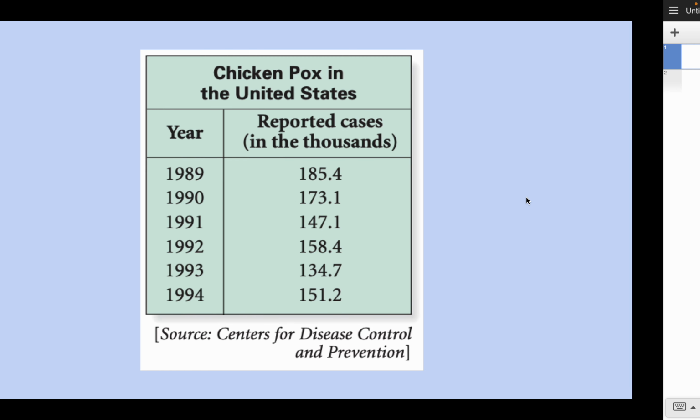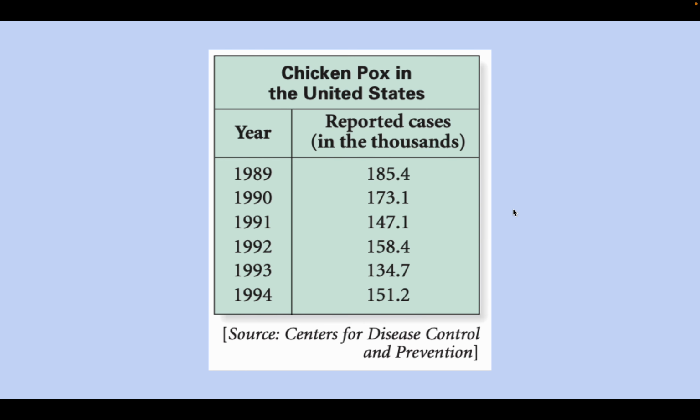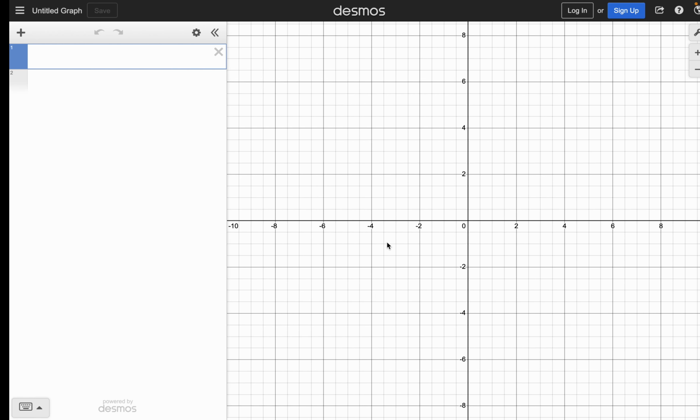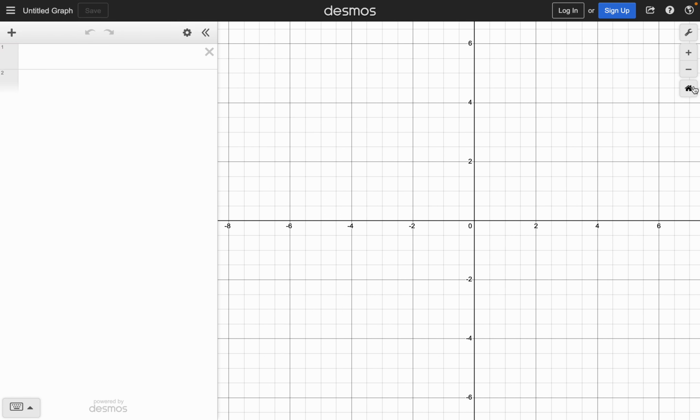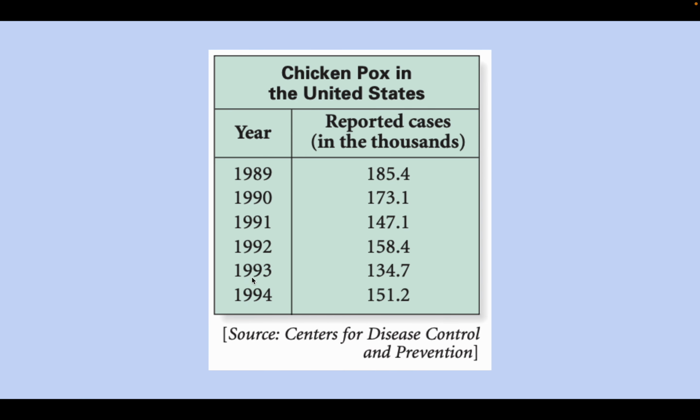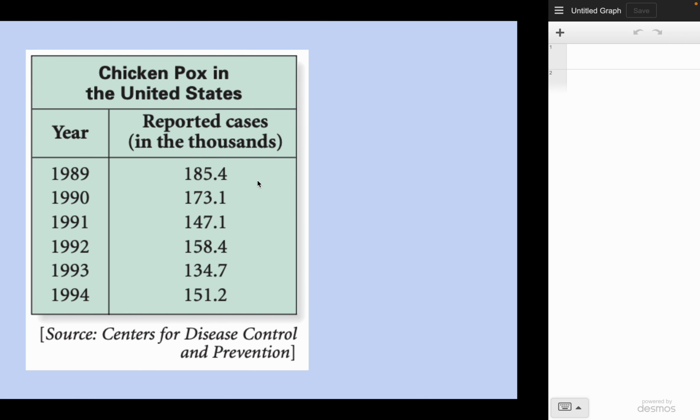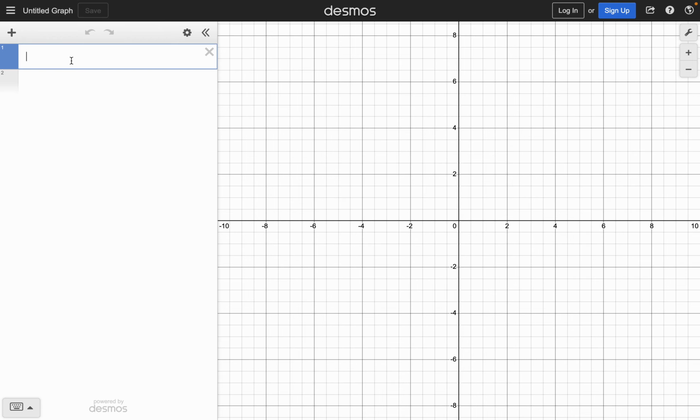So what is a scatter plot? Basically, a scatter plot is just all of these points graphed. Because it's very hard to graph large numbers, since the numbers get very big and I'd have to zoom all the way out, we're going to make the year as years after 1988, so 1989, for example, becomes 1. If we do that, the points would be